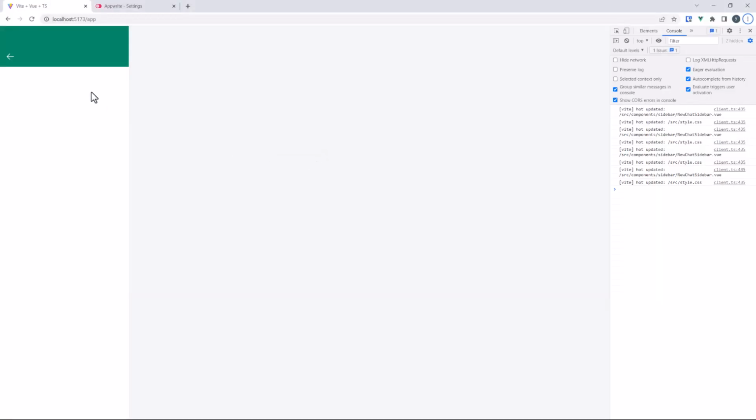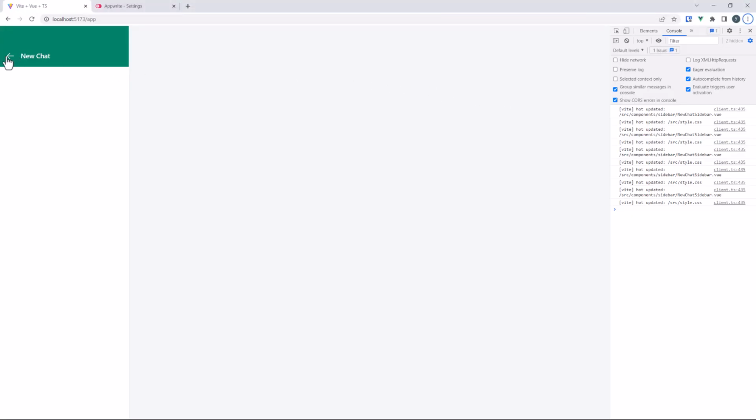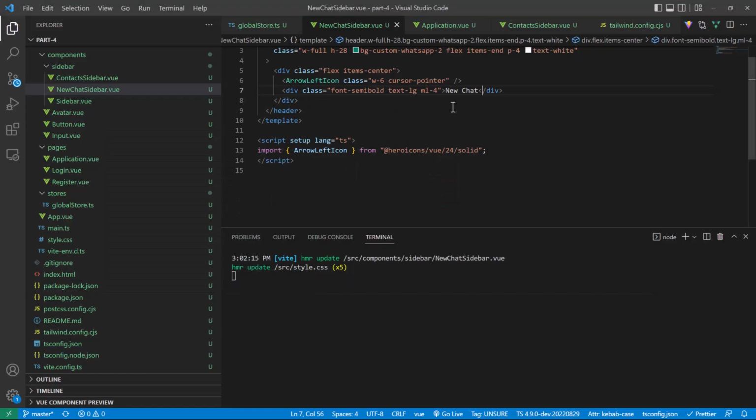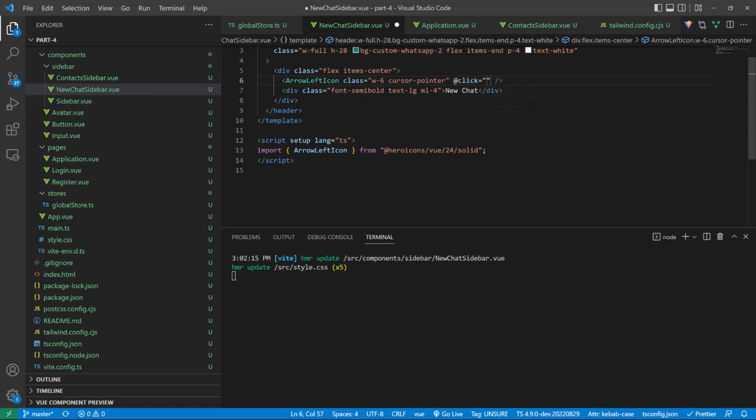And if we take a look what that looks like, we do have the margin left 4, we don't actually see the text, so we can put in here, back to new chat, and let's just go back. So if we go back, nothing happens yet, because we have to actually hook up the click event. So when I click on the back button, all we want to do is show the previous sidebar view. So let's just say on back,